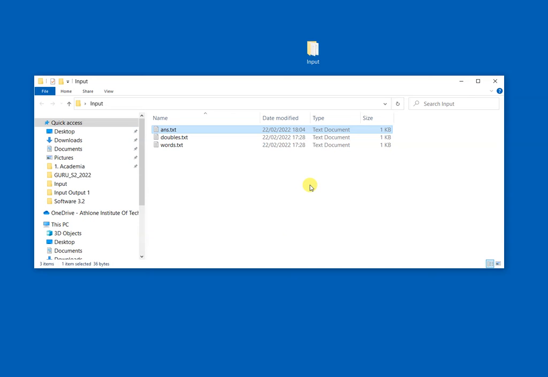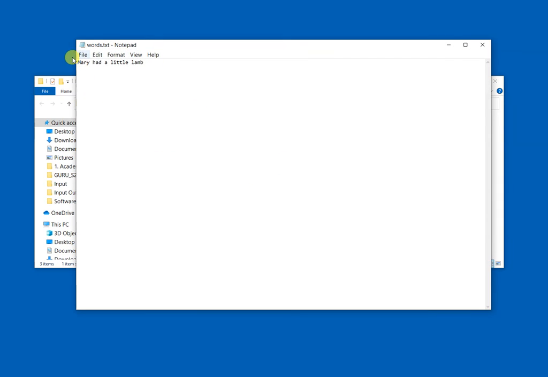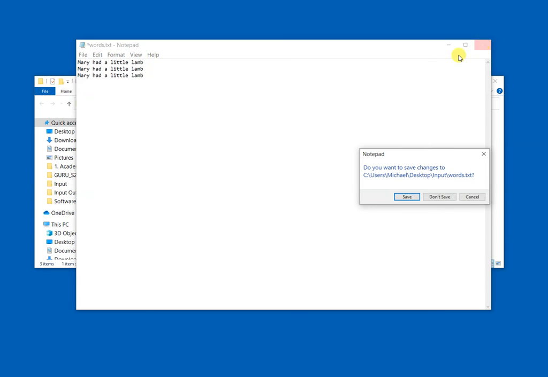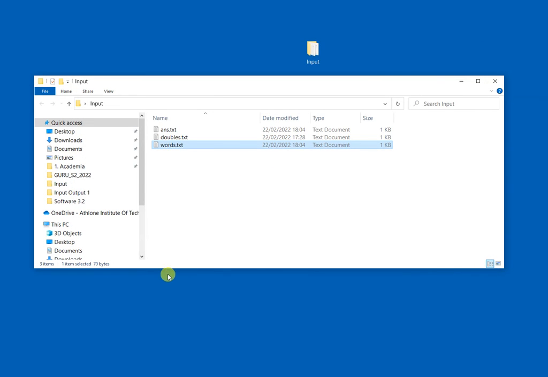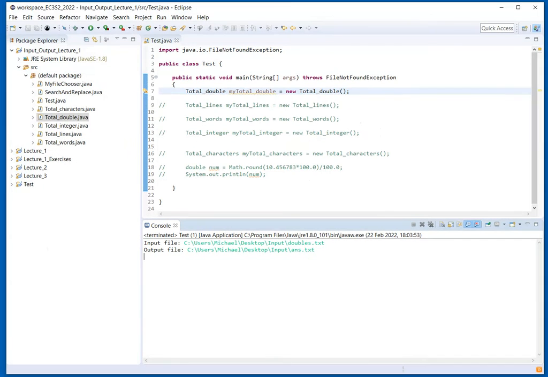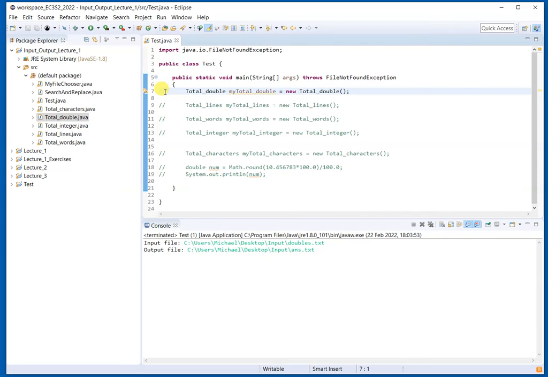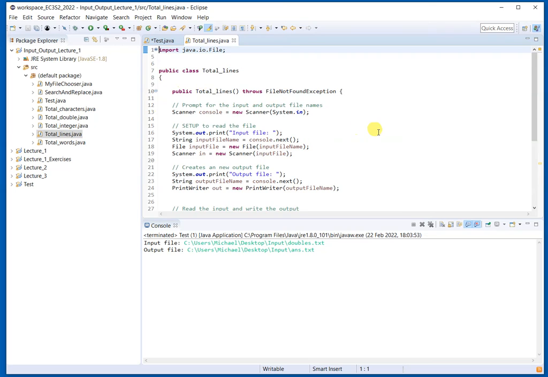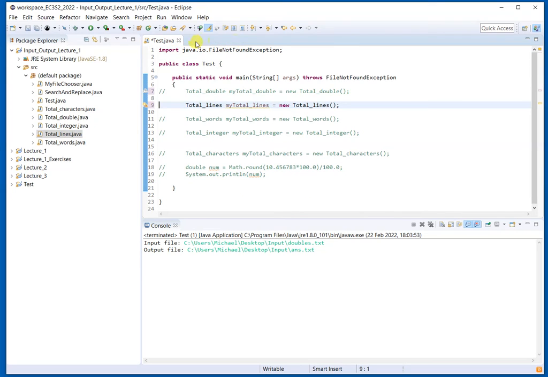Right. Another way, I'll just look at words here now as well. So Mary had a little lamb, three lines there. Now, I can come along and comment out doubles and uncomment total lines. So I'm now working with this file here. Again, you can go through the code and figure it out. So when I run this,